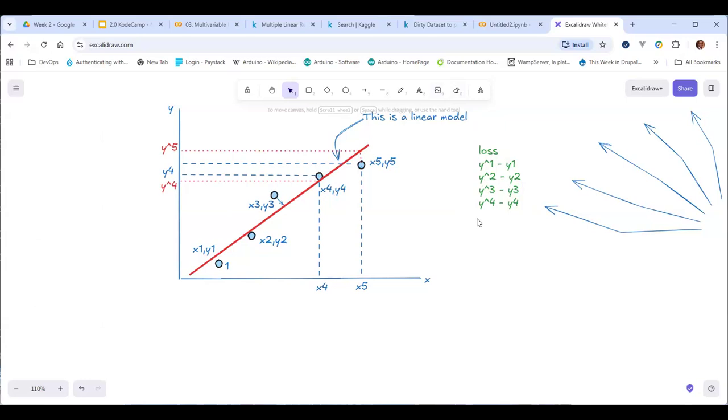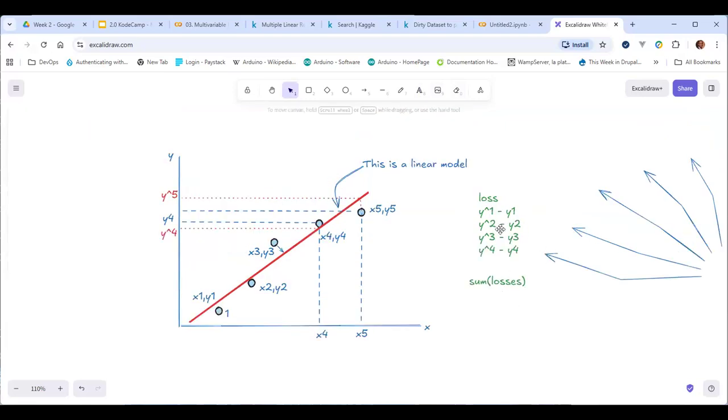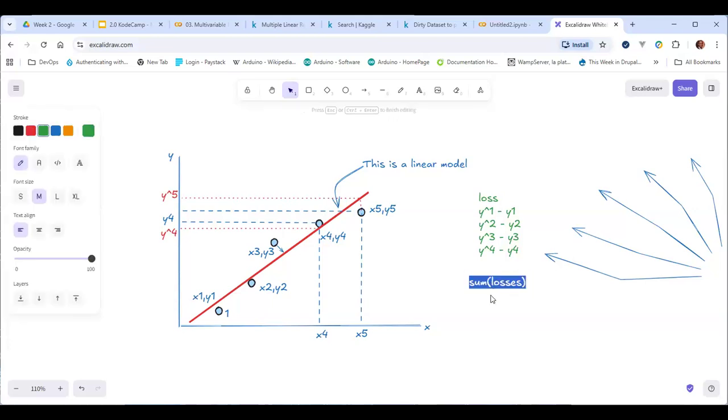Well, I'll do that on a separate page. There's something called a summation. Then you would find that if you were to sum these losses, let me represent this by just saying sum of losses, right? If you were to sum only the losses, you would have a low value. It wouldn't represent the actual error because the negative values will cancel out the positive values. So if we want the actual sum of the losses, we have to